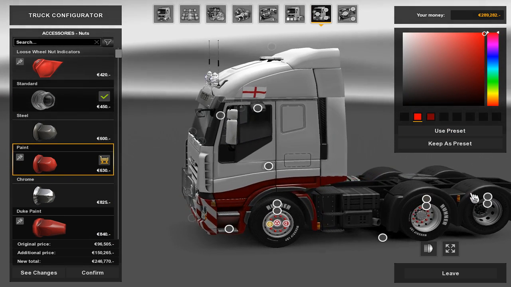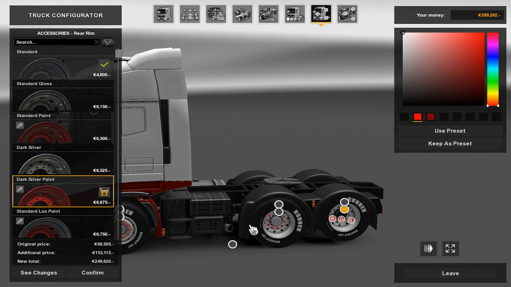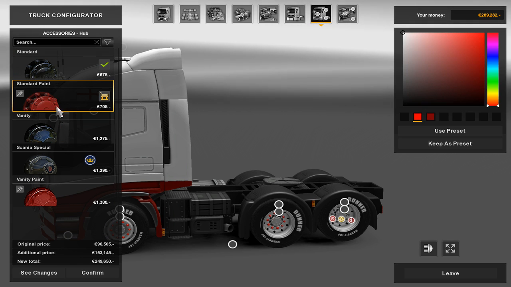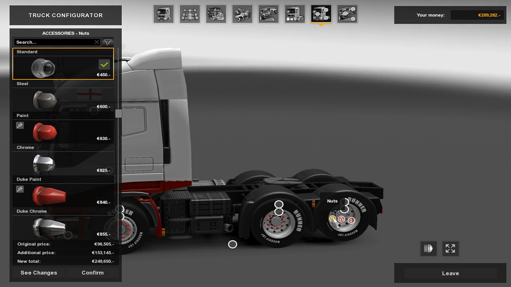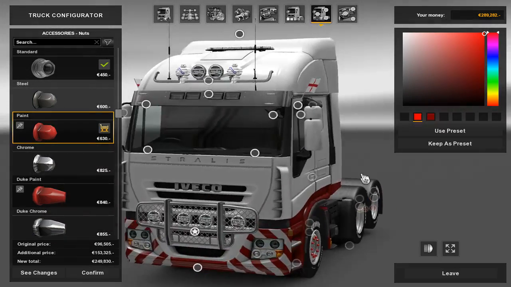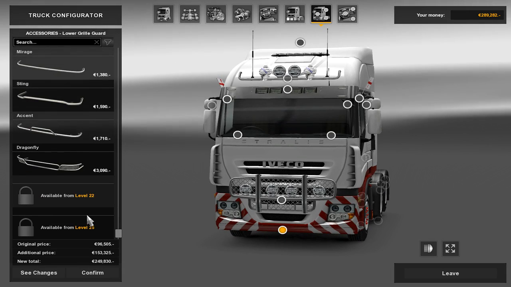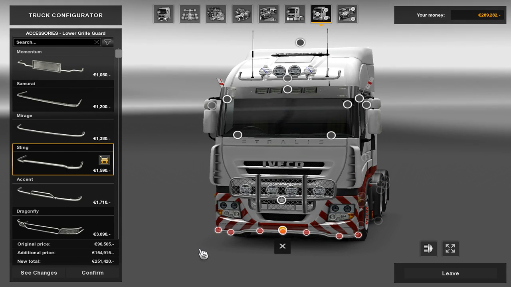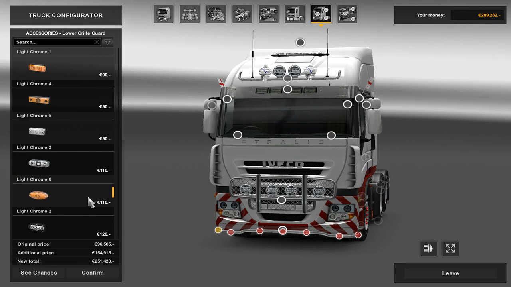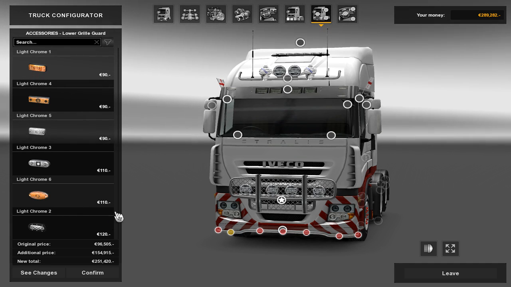That's better. And again for the tag lift, we'll put the standard hub on it just to keep it all white, and we'll put the red nuts on it. Beautiful. I don't think we can put